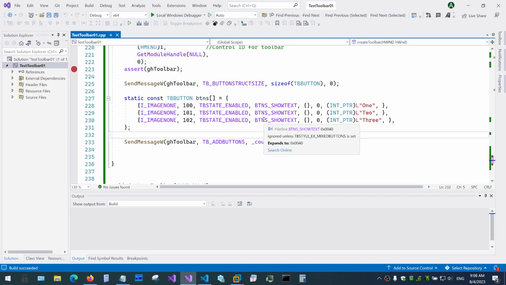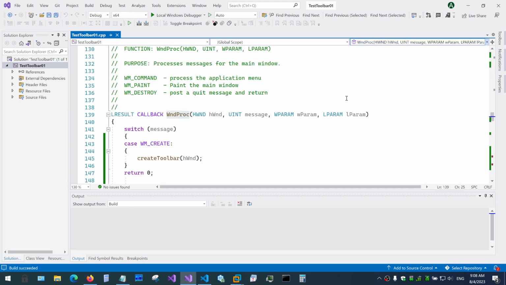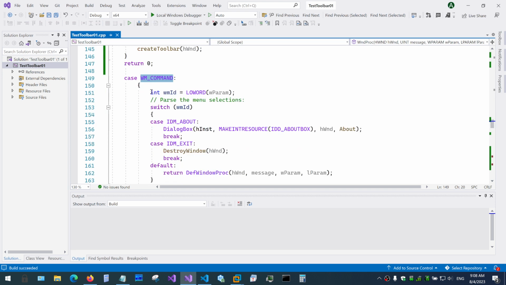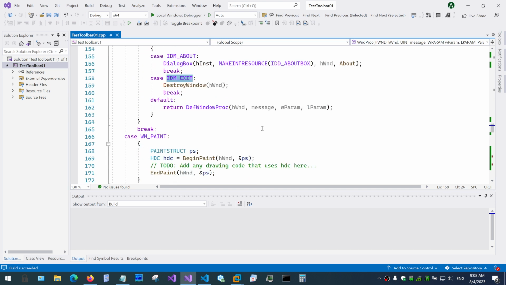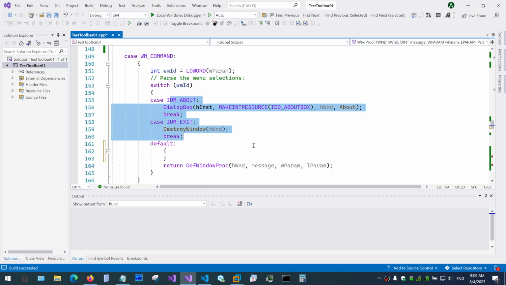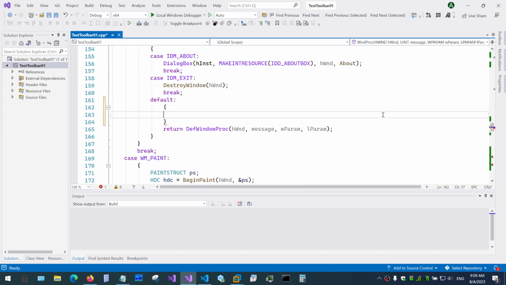And one thing that I would add is, let's put some action for the first button so that we can actually simulate it. Okay, in Win32, it's probably done in the window procedure for the main window, in the command. And as you can see, they're already doing something here, and they're processing about and exit. Well, in our case, we need to do it in the default clause, because obviously it won't be any of these. And a quick and dirty way is to check